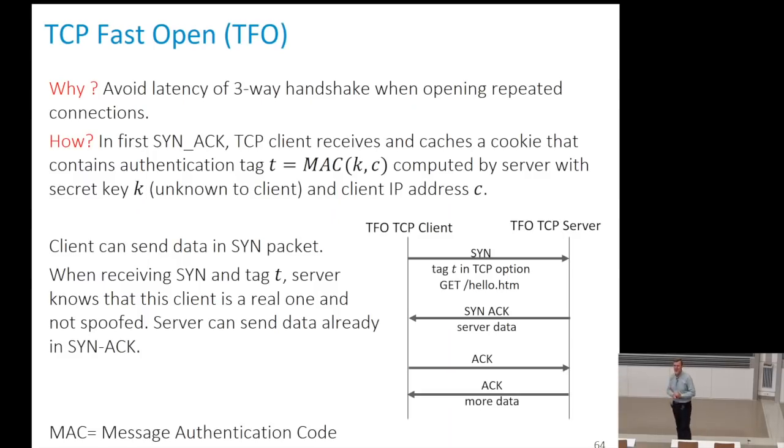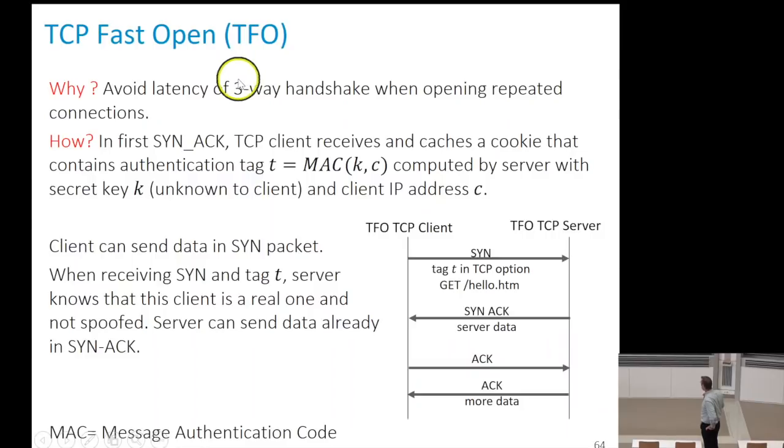The last optimization we will see now is called TCP fast open, which is an optimization that is trying to break the need to open a connection. And the idea is, if you have repeated connections, so if you do an isolated connection, you go to a website once, this will not help. But if you go repeatedly,